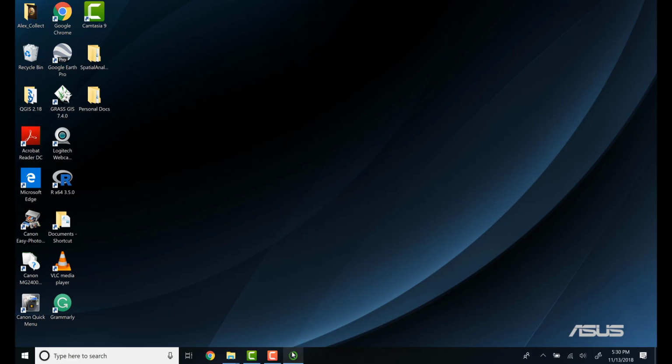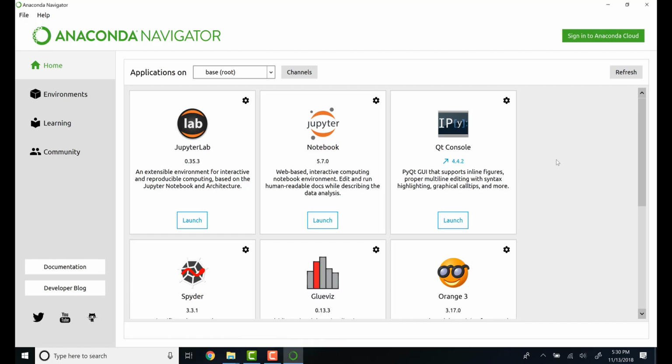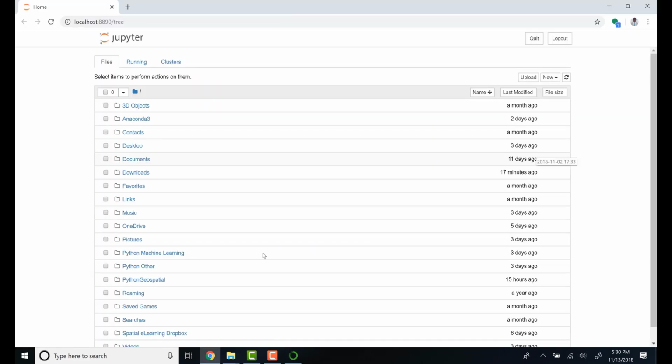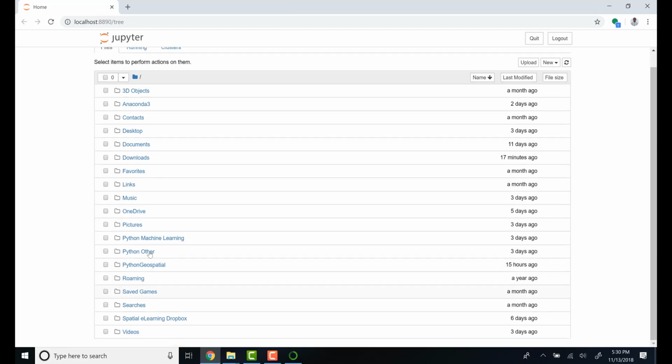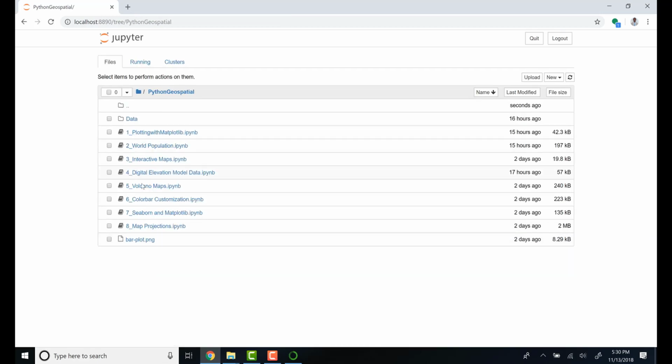Anaconda is just configuring and initiating. Once you have the Anaconda Navigator, you just launch Jupyter notebook, and then you go to the folder that has all your scripts. You can also save it in a different location if you want to. So let's get started with the first